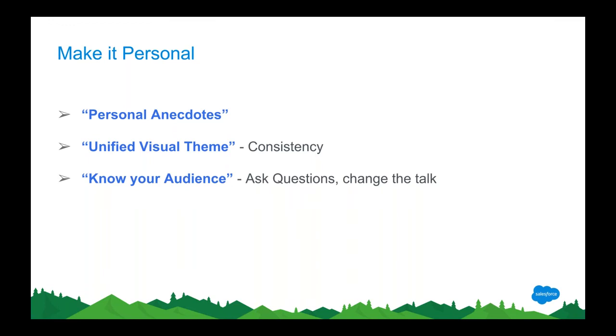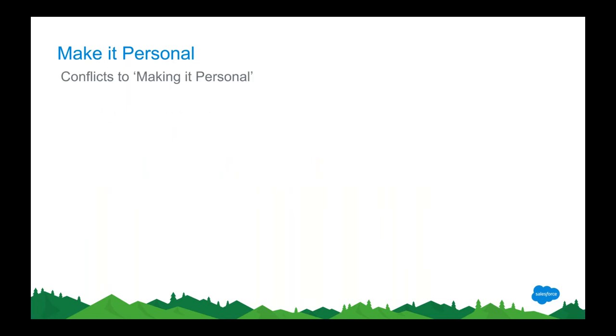So potentially that could be asking questions at the beginning of the talk to find out who is in the audience. I use this so that I can understand if I'm going to focus on all the basics within the talk, or am I going to go into the more advanced topics, and I can sway my talk as I'm going through. But also, if it's a meetup group, or you've got the chatter and you can see who's coming along, you can target the talk at those people, so it makes it more personal and more relevant to them. So, what are the conflicts to making a presentation personal?